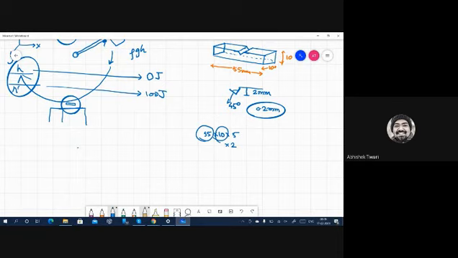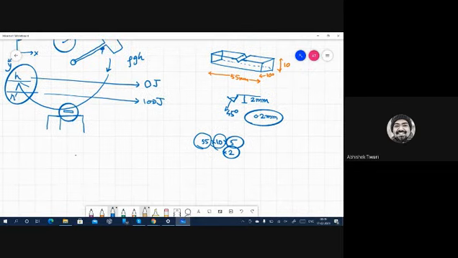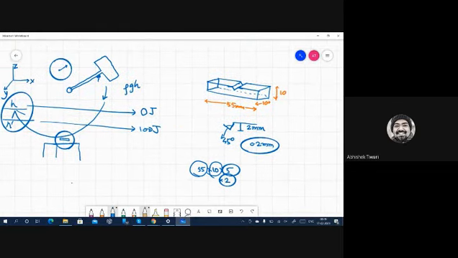But even if you change the thickness dimension, it shows a tendency to deviate from the results which you will get from a standard dimension. So there is a size effect here. Why do we have the size effect? Because the basic idea of the Charpy impact test is to find out how much energy is absorbed in breaking the specimen.